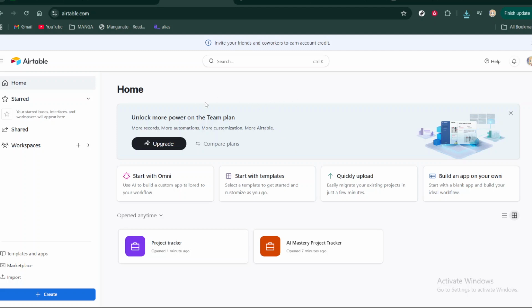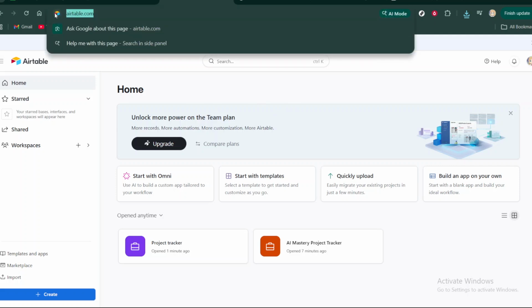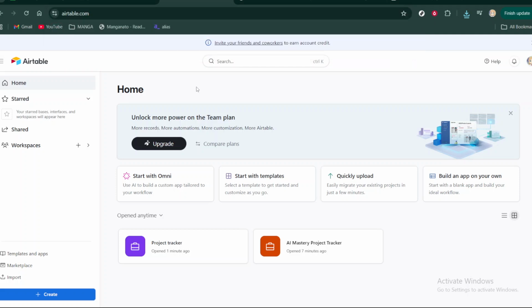From the home screen, look for the option labeled Create or Add a Base. Depending on your view, you might see a plus button or a Create menu. Click that to open your options, and then choose Start with a Template. This takes you to Airtable's template gallery, which is a great place to get up and running fast without building